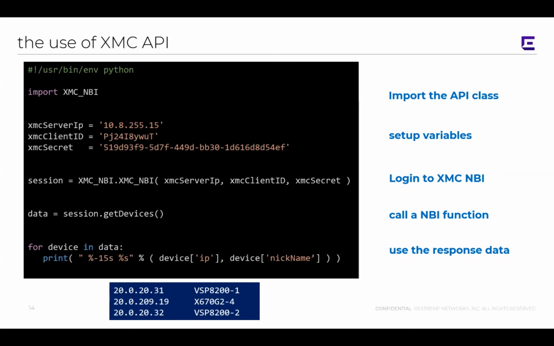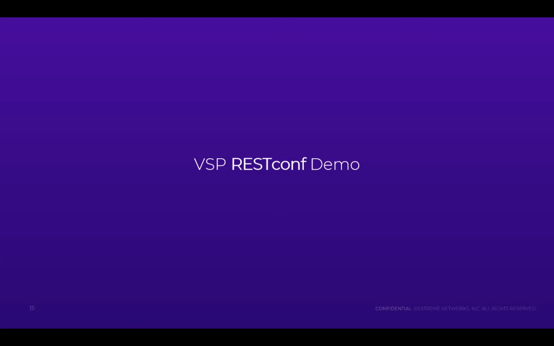So you want to see this in real time? Why not? So let's do another demo. So I will do a RESTconf call, but now against VSP. And so you see I'm swapping a bit. So it was explained with XMC, but we can do the same with VSP directly. Yeah? If this makes sense, it's another story to do something on devices straight or via XMC, but okay, just